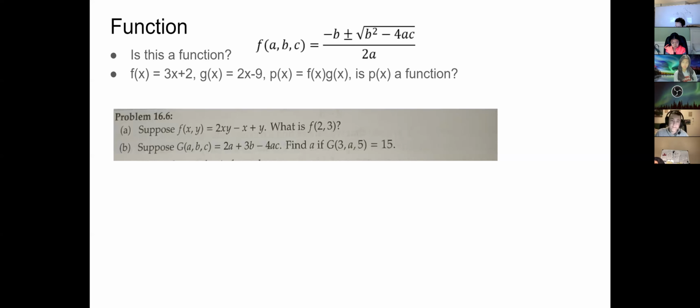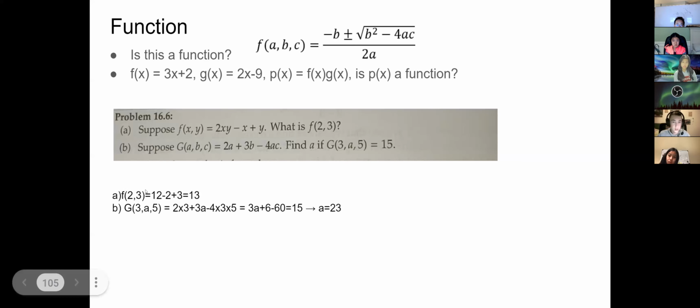All right, let's give a look. For A, it is quite straightforward. You just add them together. Got 13. For B,